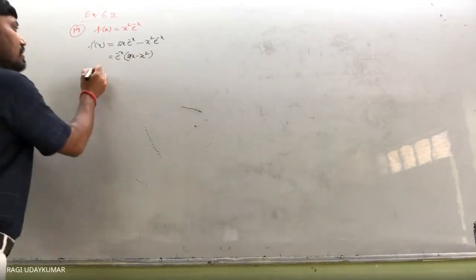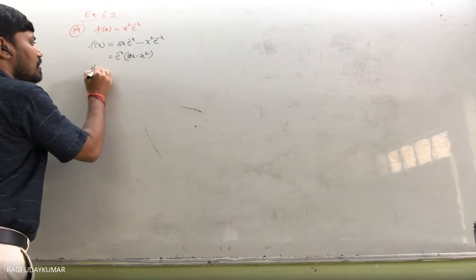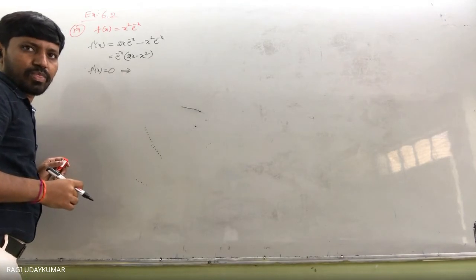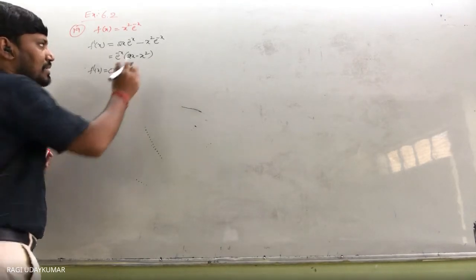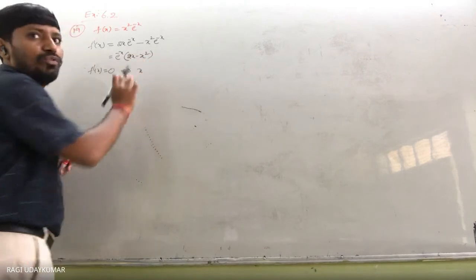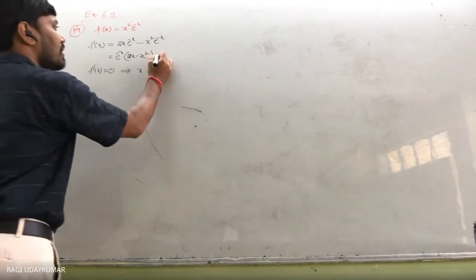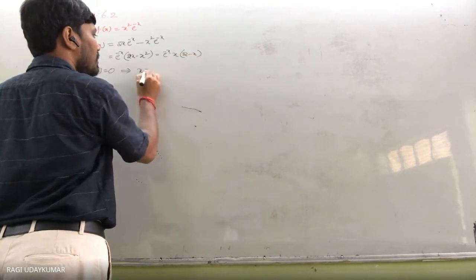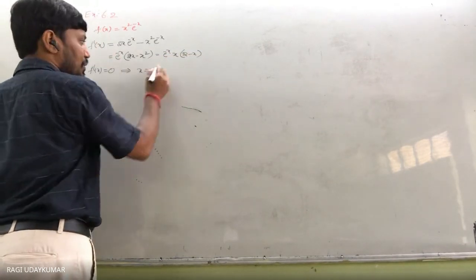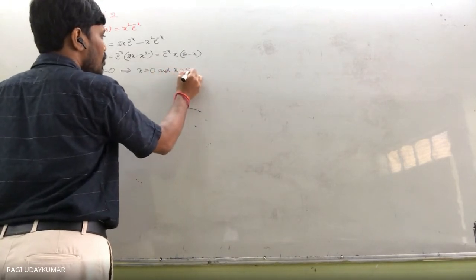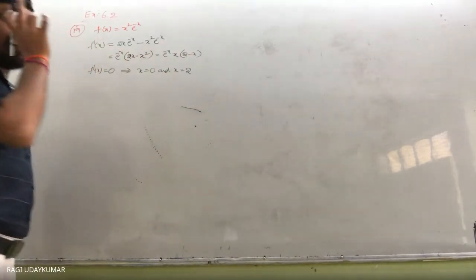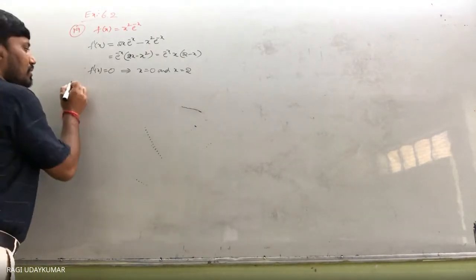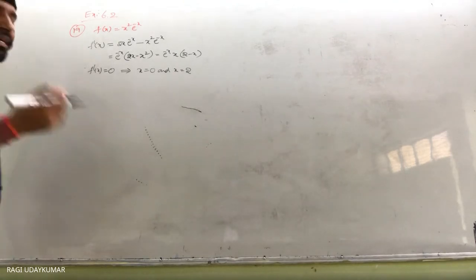So dy by dx is equal to this; here you take f dash of x equal to 0. f dash of x equal to 0 implies the x value can be found. If you want, you can take x common here: e power minus x, x common, times 2 minus x. If x is 0, f dash of x is 0, and if x is equal to 2, also f dash of x is equal to 0. In the remaining places it is not, so it is going to divide the intervals. So x equal to 0 and x equal to 2.